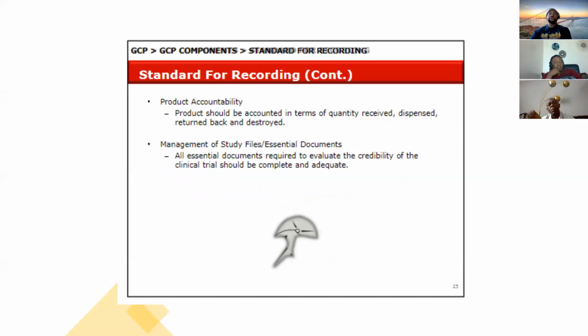Standard for recording: product accountability. Products should be accounted for in terms of the quantity received, the quantity dispensed, the quantity returned, and the quantity destroyed. So that's the reason why sometimes a patient may come to the clinic, collect a bottle of pills like this,